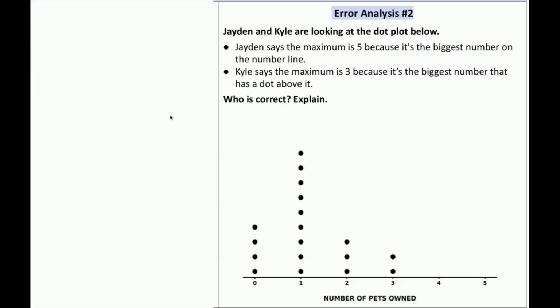Jaden and Kyle are looking at the dot plot below. Jaden says the maximum is 5 because it's the biggest number on the number line. Kyle said the maximum is 3 because it's the biggest number that has a dot above it. Who is correct? Explain. Well,